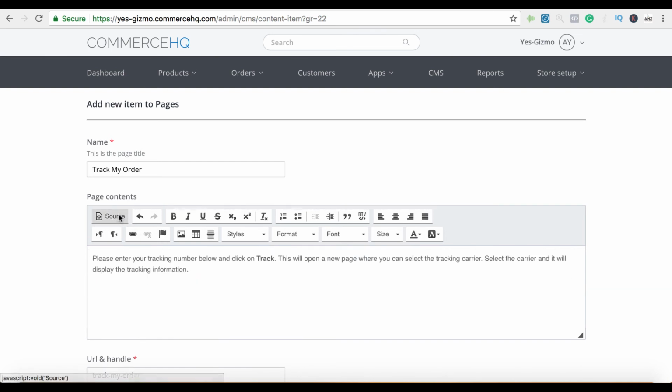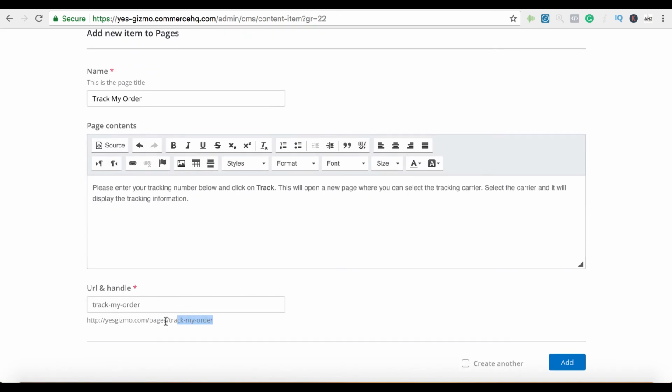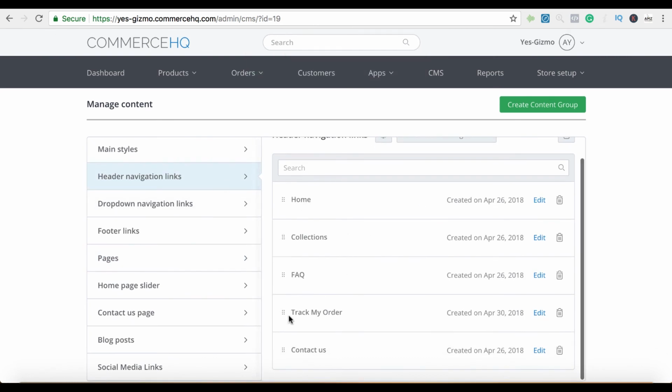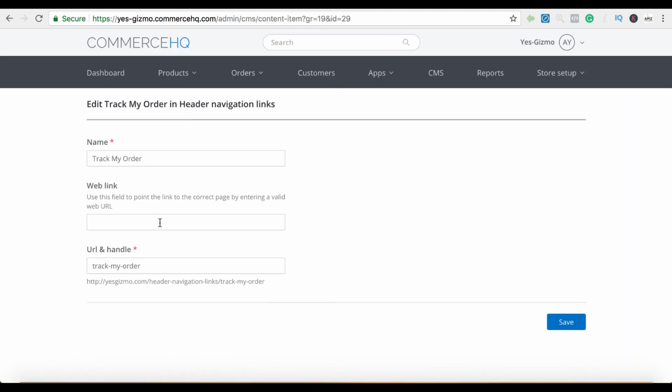That's what most people will see, plus the little drop-in box. So go there, click here, and save this URL because you've got to link it to the tab. Click add, and then what you need to do is go to the header, which is here, Track My Order, click edit, and then you need to link it to that page. So just copy and paste the page that you created just then, save it,